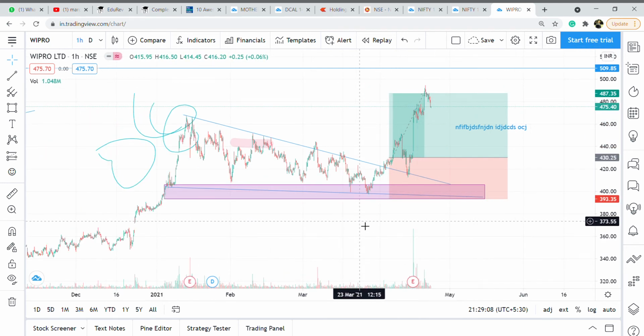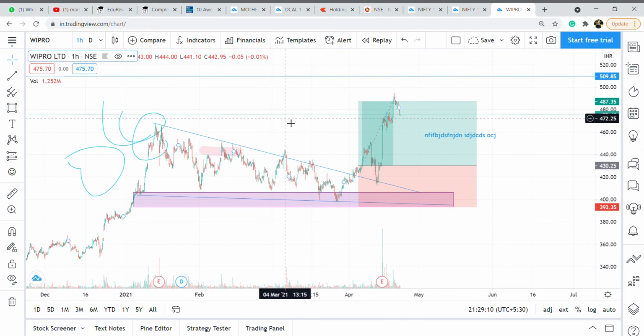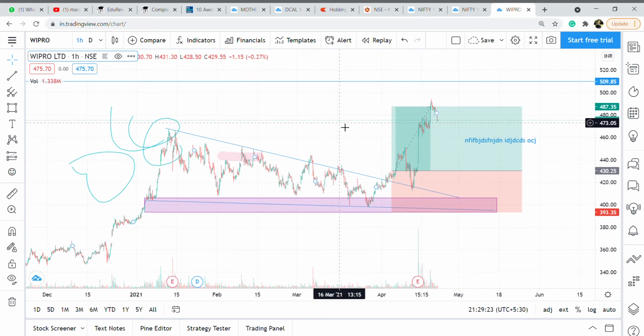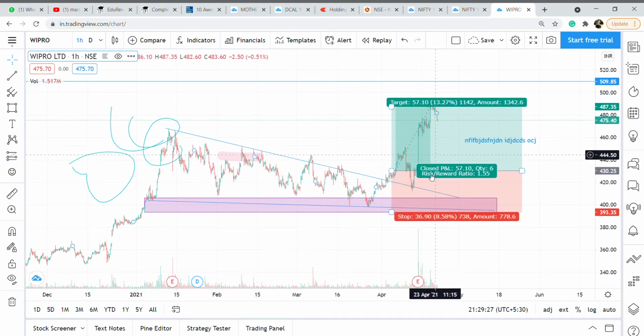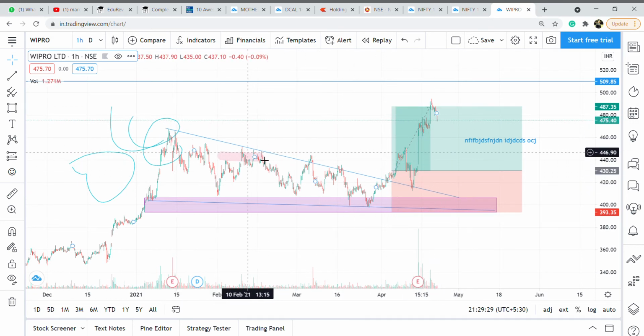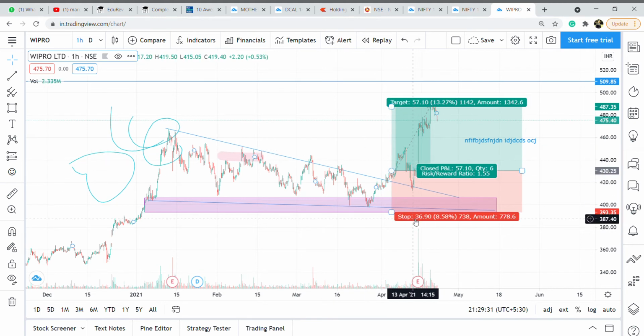So at any given day stock market can behave like anything. Whatever the patterns, whatever the strategies we use here are just high probability trades. It is not a holy grail, and it is not 100% trades. Anything can happen in the stock market, and very well performing patterns can also go down and hit our stop loss. So this thing called stop loss is very important. It is basically to minimize our risk.